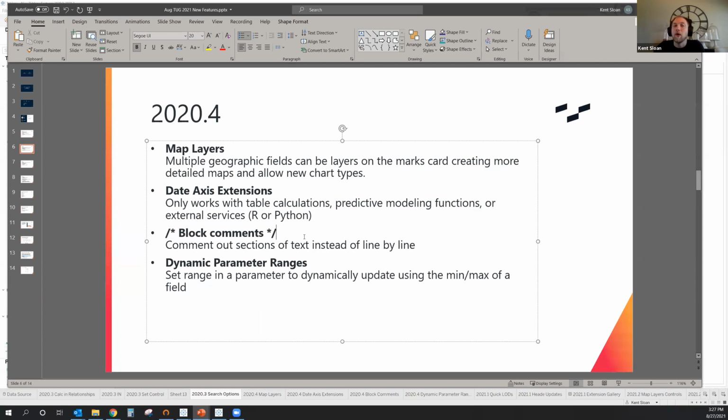Most people probably won't notice or be aware of, but it now allows us to comment out sections of text quickly inside of our calculations. And the last one that I hadn't seen until I was digging into this, but really will be helpful, is now we have dynamic parameter options for ranges, which we did not have previously in our parameters. So this will really help us with using parameters that are dynamically updated.